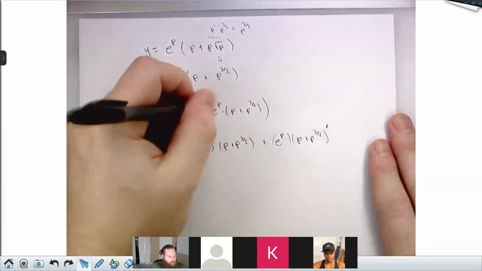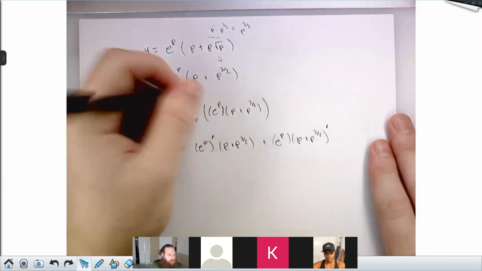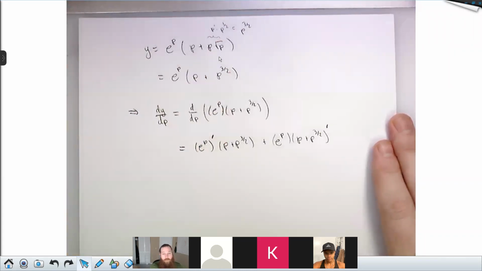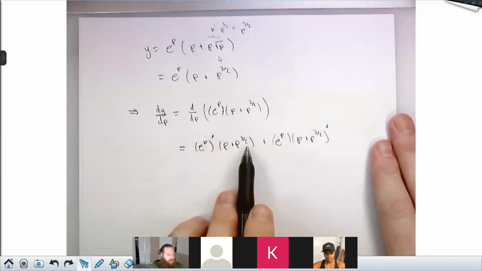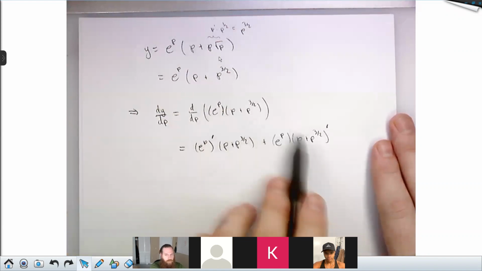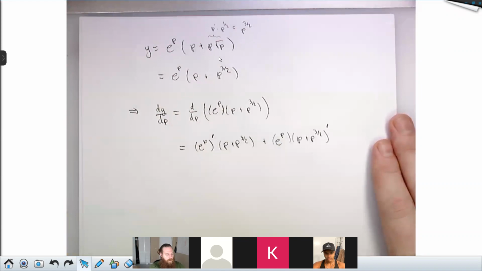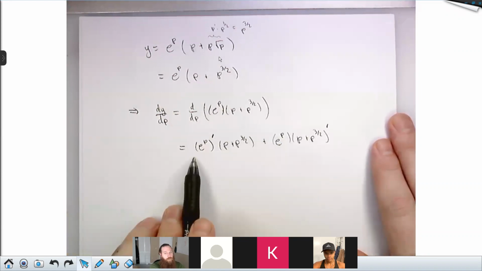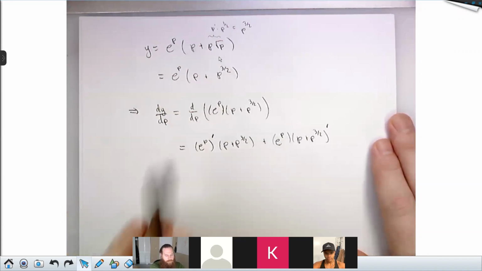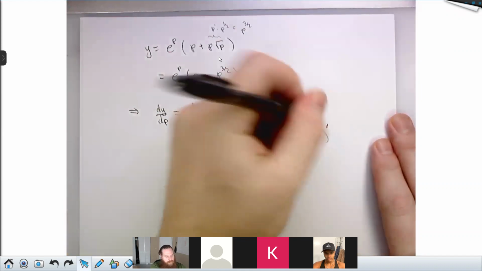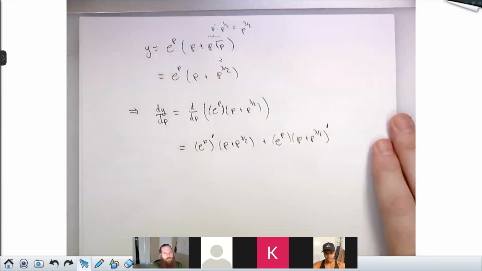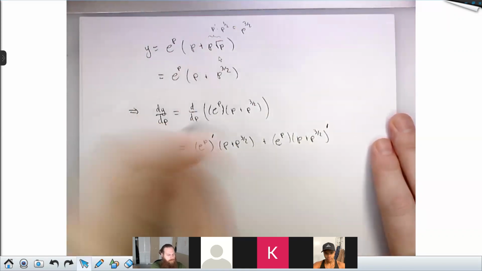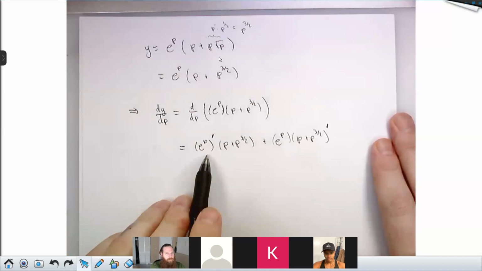All right, so I've got these two functions in here multiplying each other, and I want to differentiate their product. So I differentiate one, leave the other alone, and then I add that to what I get when I leave the one alone and differentiate the other. Writing things out in this schematic way, really useful, right? So I'm not even calculating the derivative yet. I'm just looking at the shape of the derivative. And then in my next step, I'll calculate the little derivative pieces. Is everybody comfy with where this line is coming from?